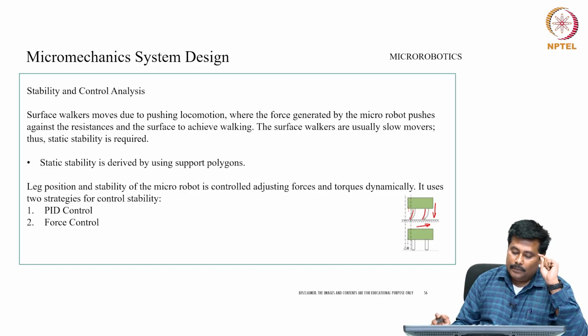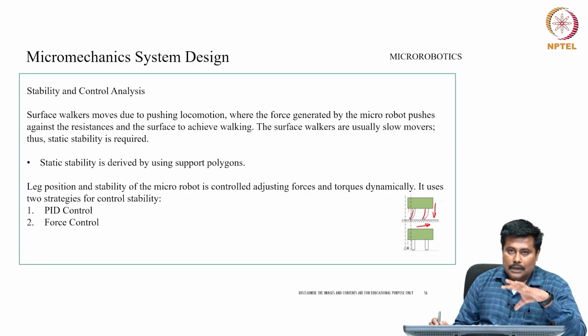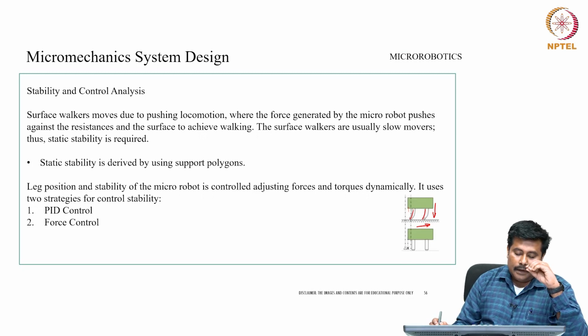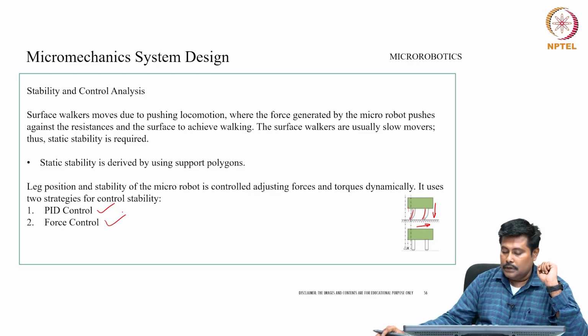So, the static stability is derived by using support polygons and leg position, and the stability of the micro robot is controlled by adjusting the forces and the torques dynamically. Ideally, when we look into the control stability of such a simple surface walker as it moves in a forward direction, it involves two different strategies. One strategy is called PID control, and another is called force control. So, let us discuss the